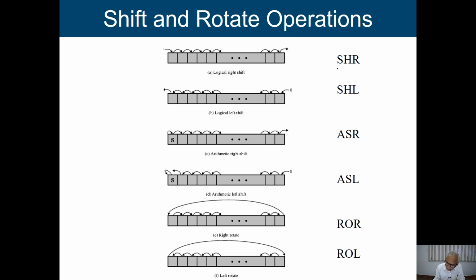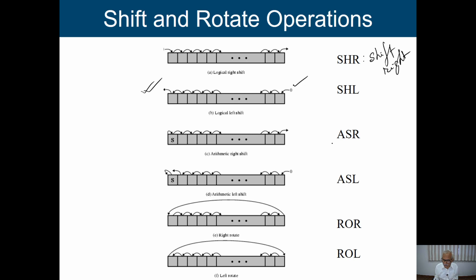So this is SHR, basically you can say this is shift right. That means the contents of the register are shifted 1 bit towards the right side. Similarly shift left, it will be shifted 1 bit towards the left side. One new element will be entered, and the most significant bit will simply go out from this register, and depending on our requirement, you can use it or we may discard it also. So this is your shift right and shift left.